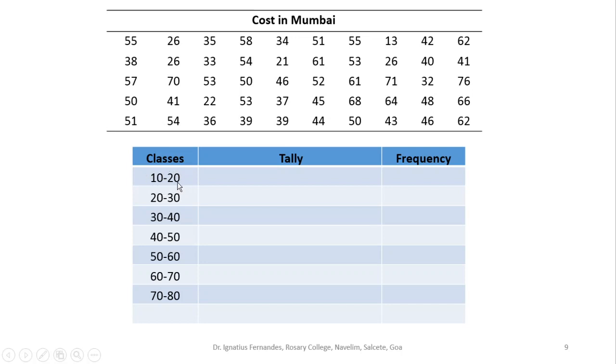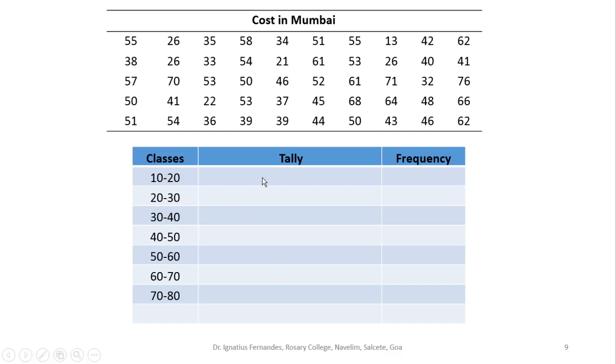Now what I have to know is that this 20 upper limit here is not included in this class, but 20 is included in this class. The same way I have 30 here, I have 30 here. Now 30 is not included here, but it is included here. So basically the upper limits here are not included, okay, and the lower limits are included.